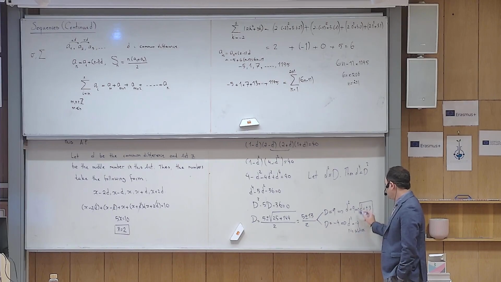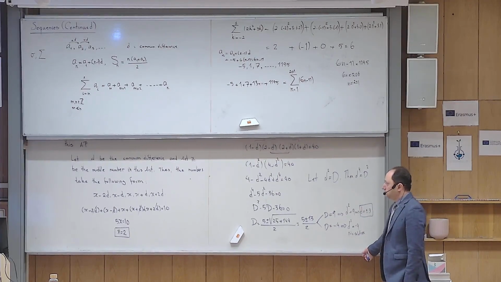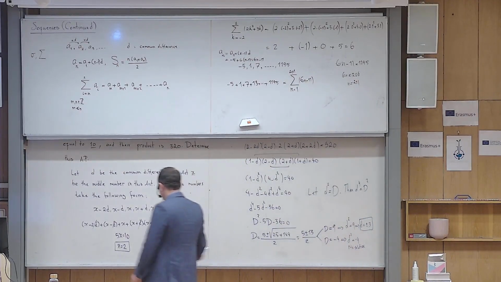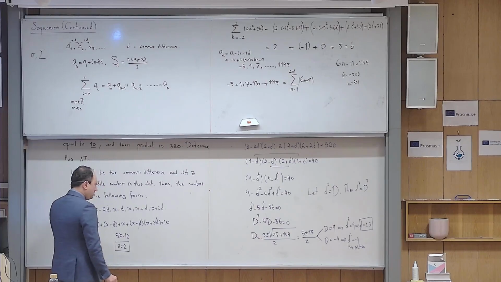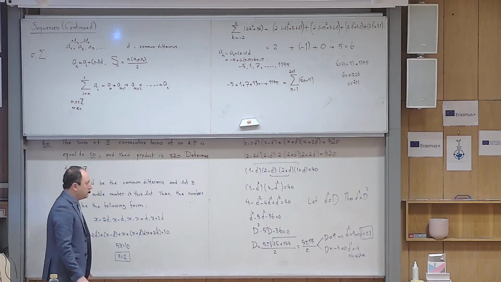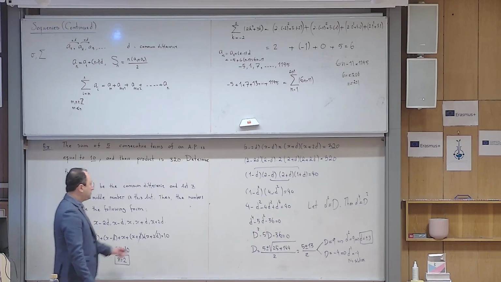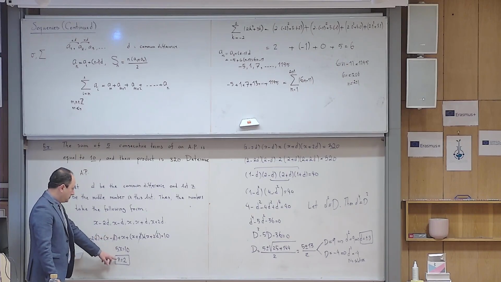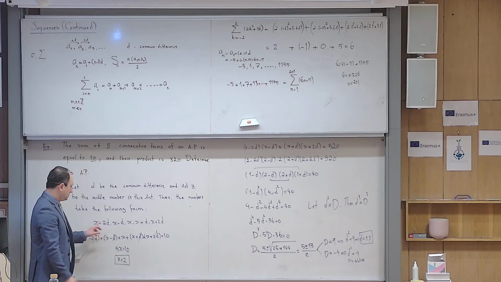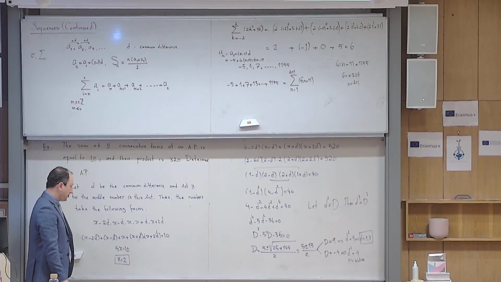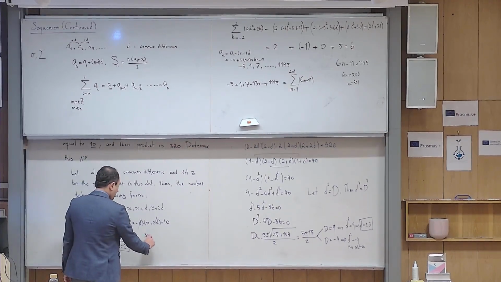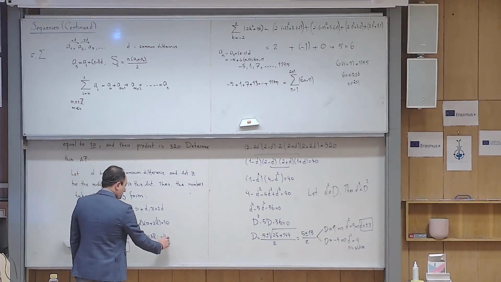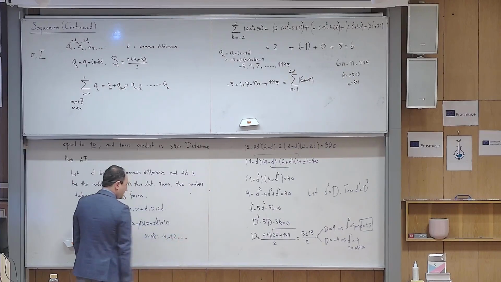Okay, so I realize that there are two possibilities for my d, either positive 3 or negative 3, but I have to specify my sequence. Okay, so if d is positive 3, what is the first term? The first term in my list is x minus 2d. Yes? x is 2, d is 3, 2 minus 6 is minus 4. So the answer is either minus 4 and then minus 1 and then 2, etc. Or